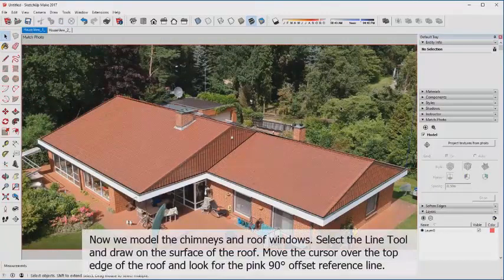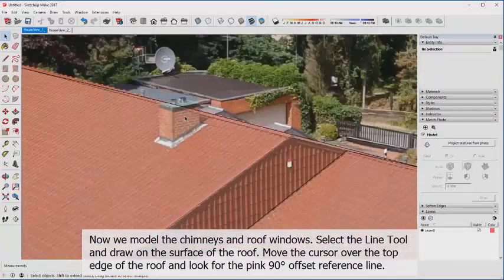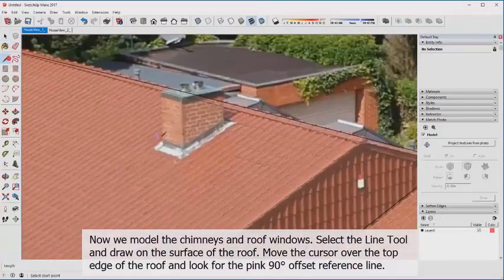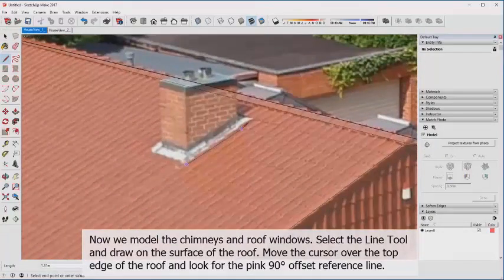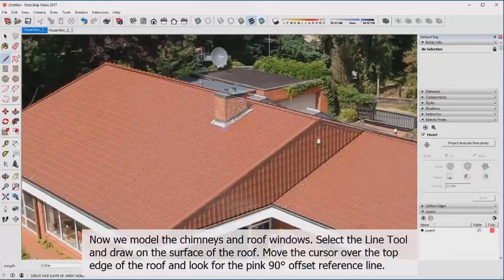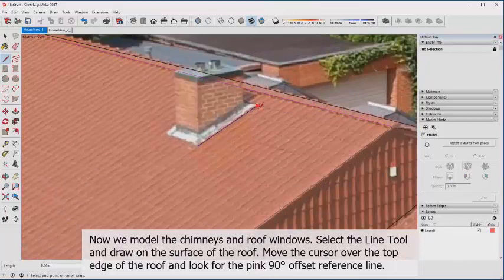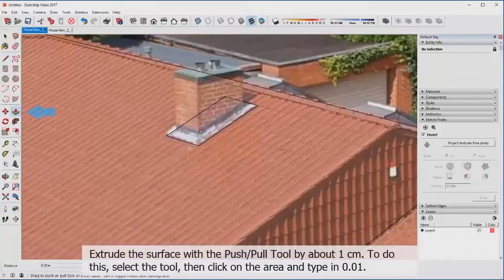Now we model the chimneys and roof windows. Select the line tool and draw on the surface of the roof. Move the cursor over the top edge of the roof and look for the pink 90 degrees offset reference line. Extrude the surface with the push-pull tool by about 1 cm. To do this, select the tool, then click on the area and type in